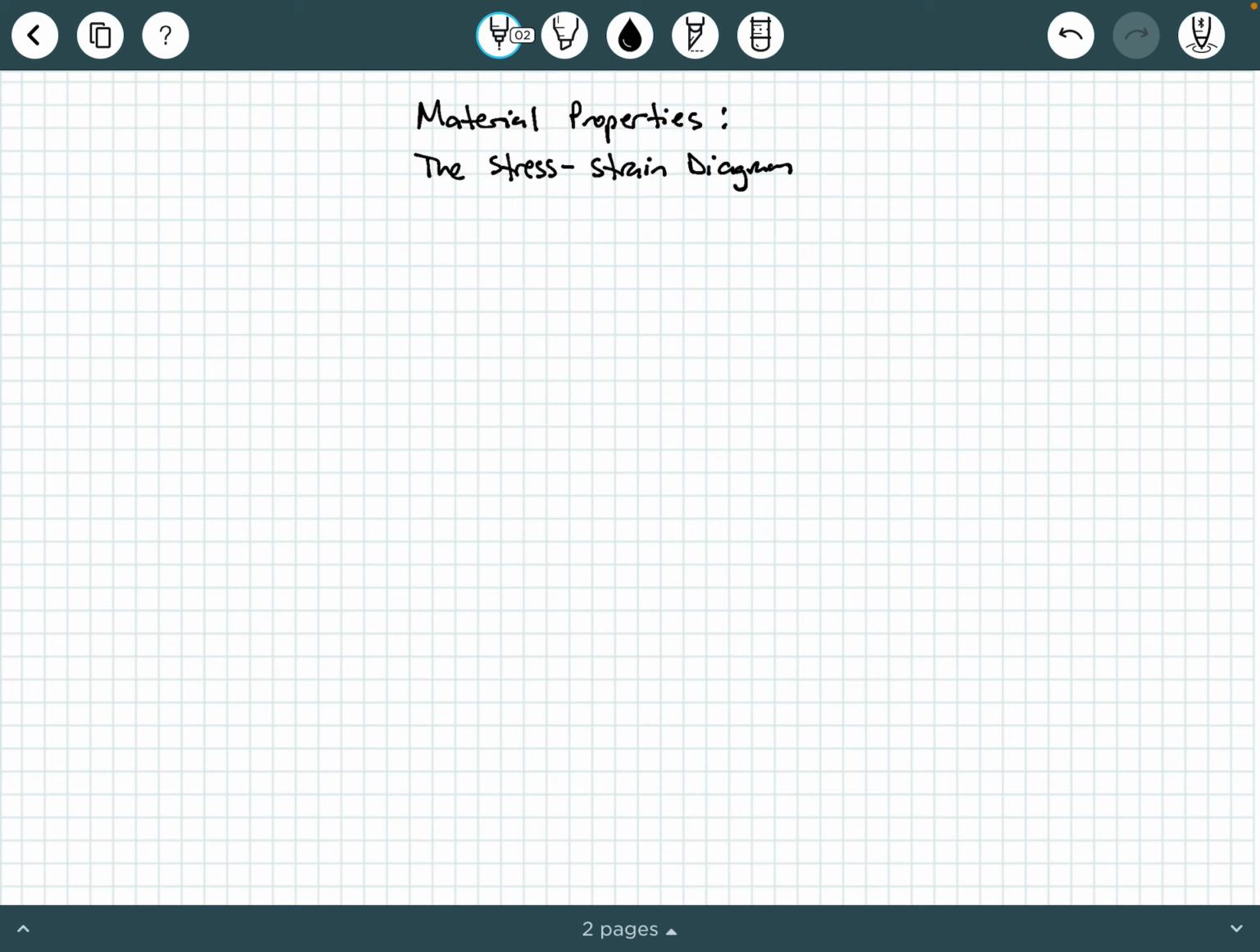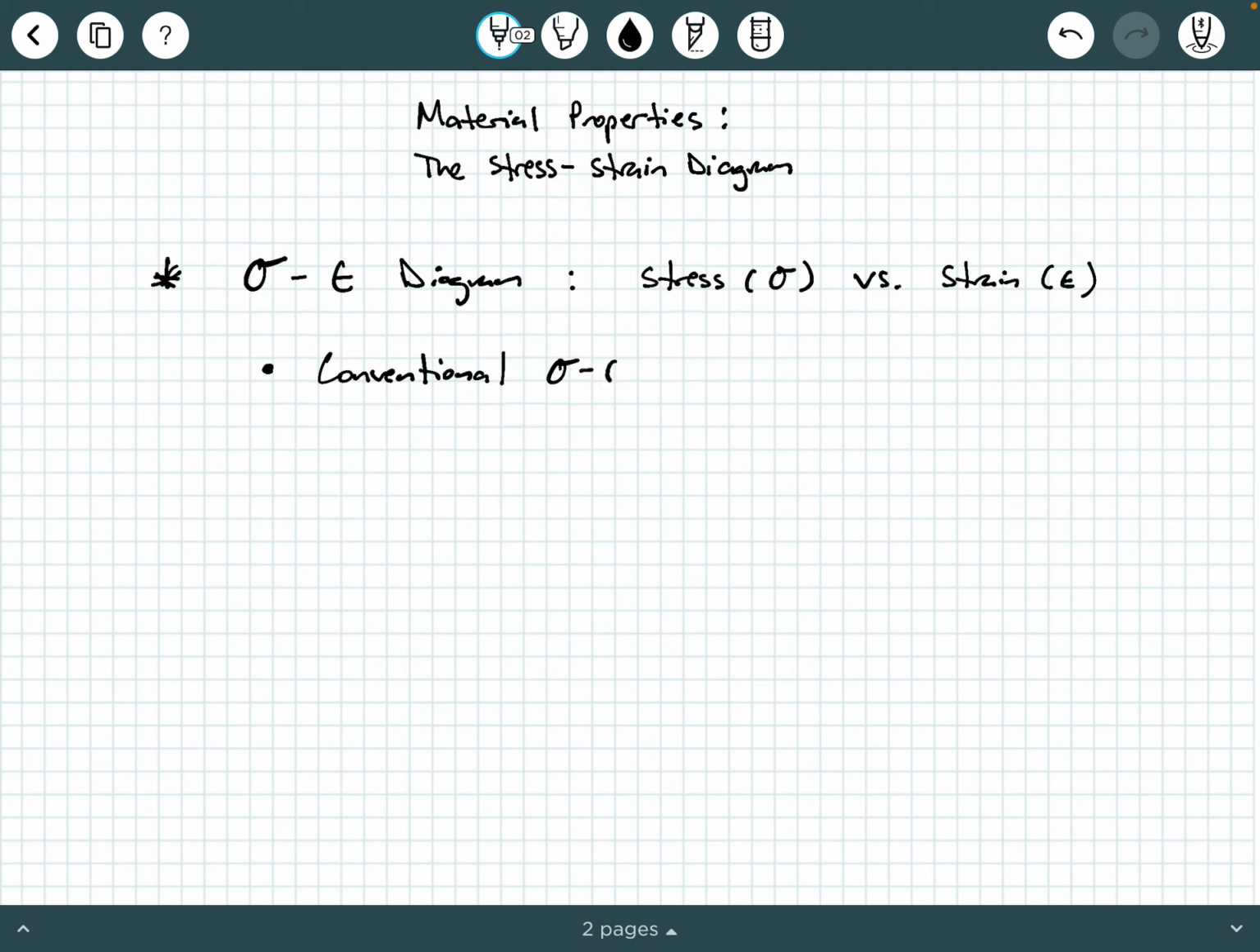What is the stress-strain diagram? Well, the stress-strain diagram, also known as the sigma-epsilon diagram, is exactly what it sounds like. It is stress, which is sigma, versus strain, epsilon, okay? Now, when we are dealing with stress-strain diagrams, we have two general types. One of them is called the conventional stress-strain diagram. And on the conventional stress-strain diagram, we are plotting sigma, calculated as force over initial area, versus